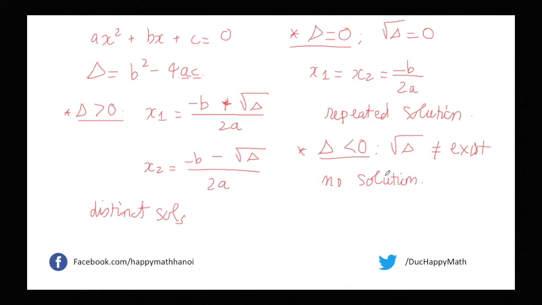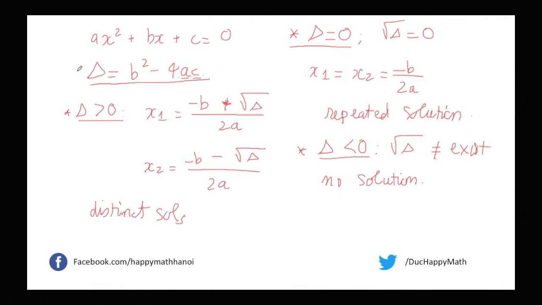You will have no solution in this case. So remember all. Let me summarize the formula for solving a quadratic equation. First, you have to find the delta, the discriminant. Delta equals b squared minus 4ac. And you have to determine whether delta is positive, 0, or negative. When delta is greater than 0,